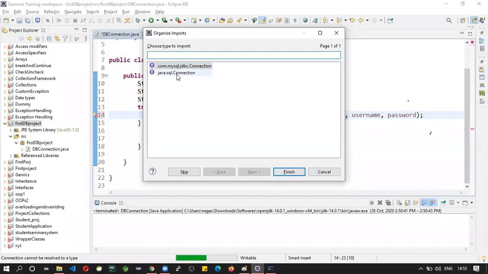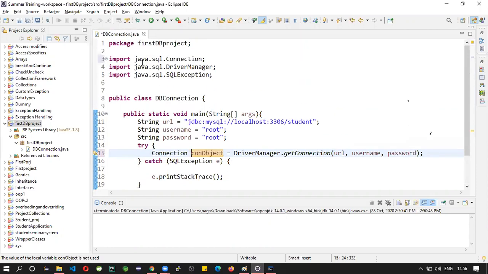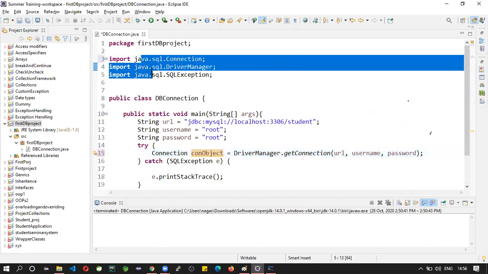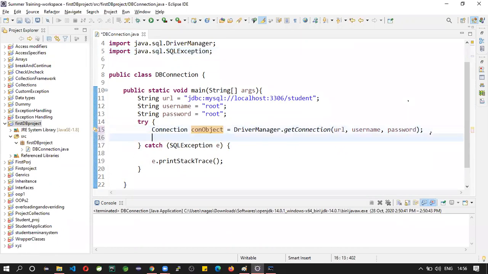Use the Java connection. There is a lot of difference between those two. We are using Java standards, not MySQL standards. Okay, that's it. So I just created the connection object. Let us print the connection object. Save this program and let's run.